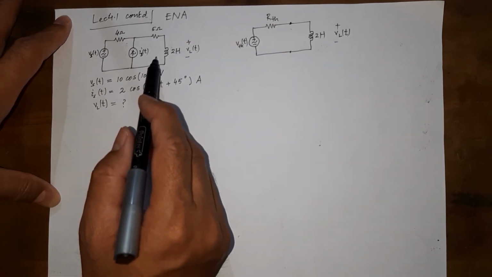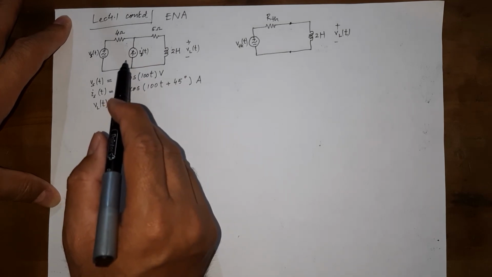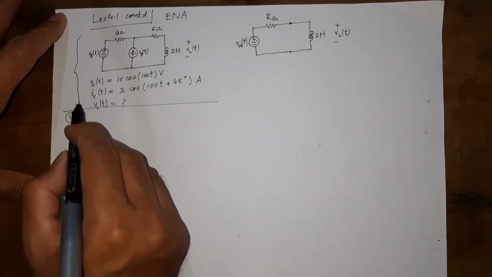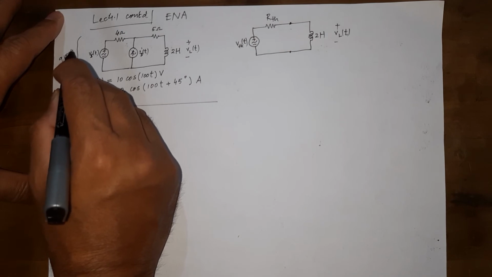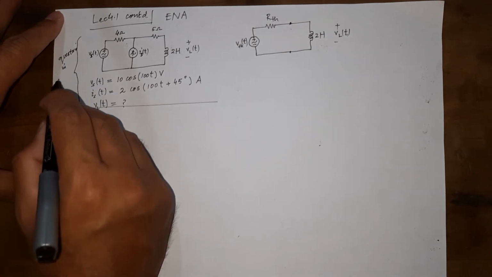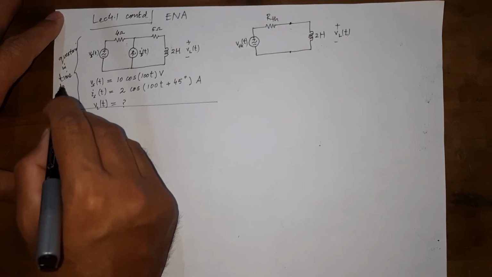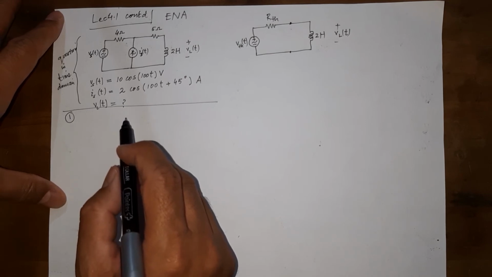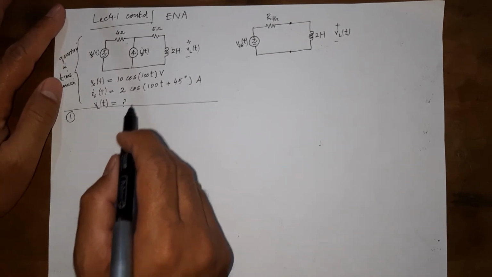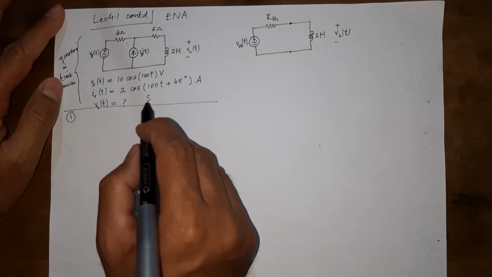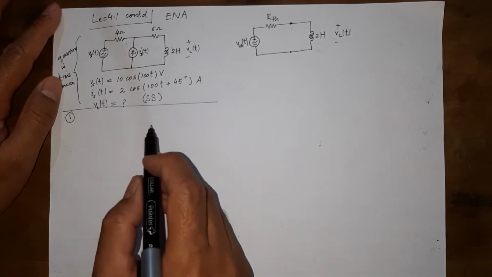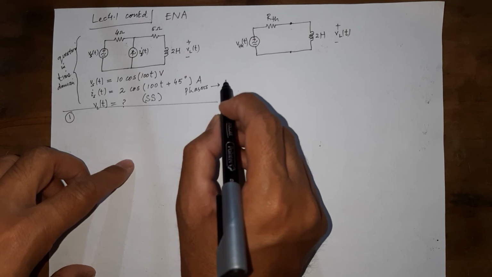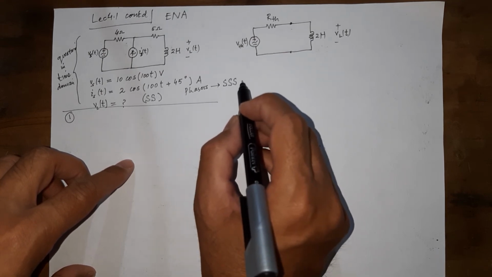So, knowing that the first step to do for a question or a problem given to us in time domain is to convert it to a domain where we know how to solve things. And the question is, we need to find this VL(t) and in fact this steady state expression for it. This is very important. Phasors is only used to find the sinusoidal steady state results.